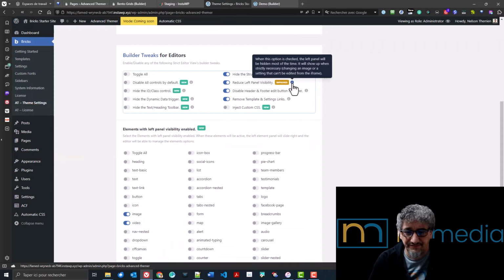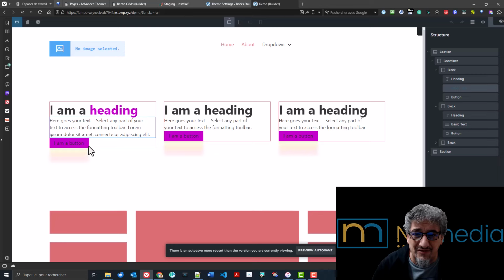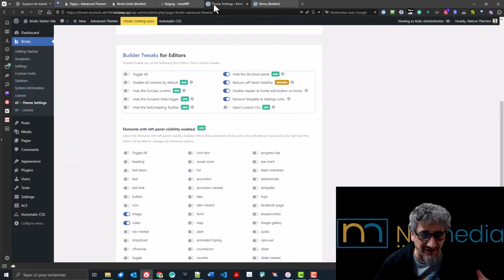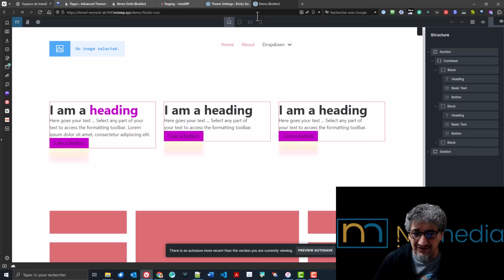Now, going through everything and removing stuff might be a little bit long, okay? So that's why, if I switch back to administrator here, that's why you have this option here, disable everything by default. So it does the opposite. Instead of you having to disable everything that you don't want them to see, everything will be disabled by default, and then you go and enable what you want them to have access to. So if I save that